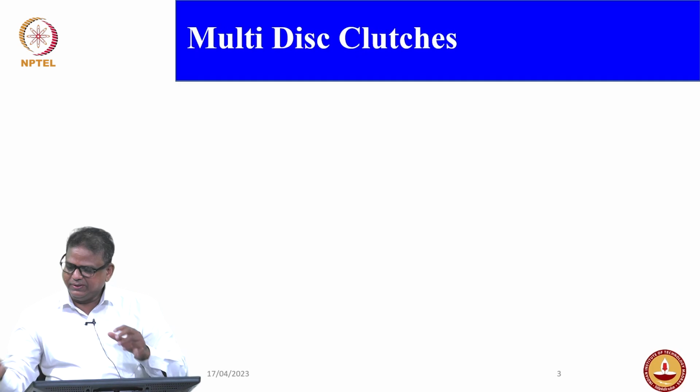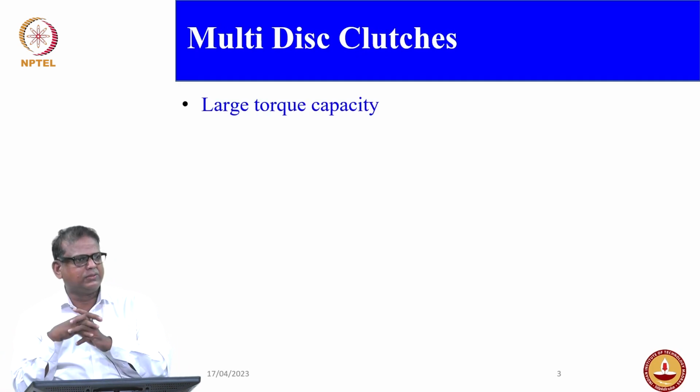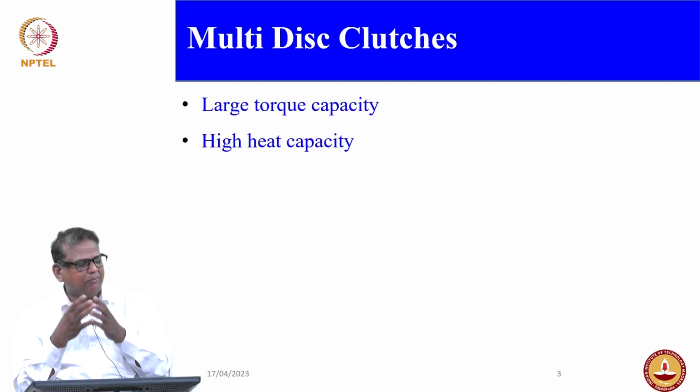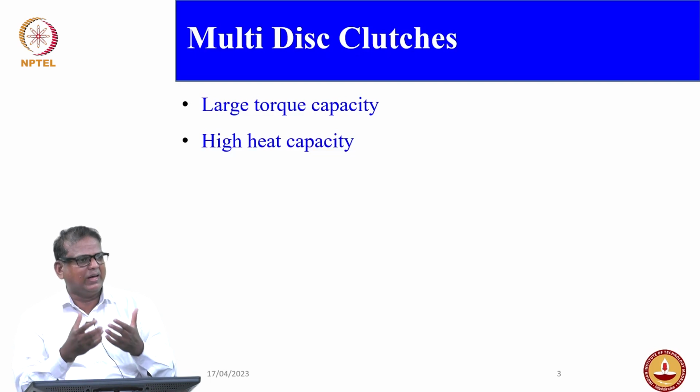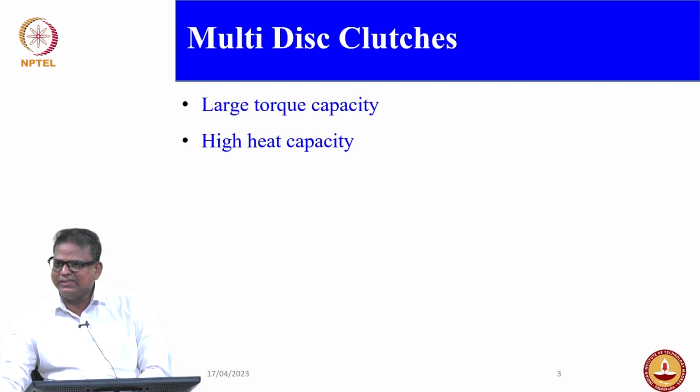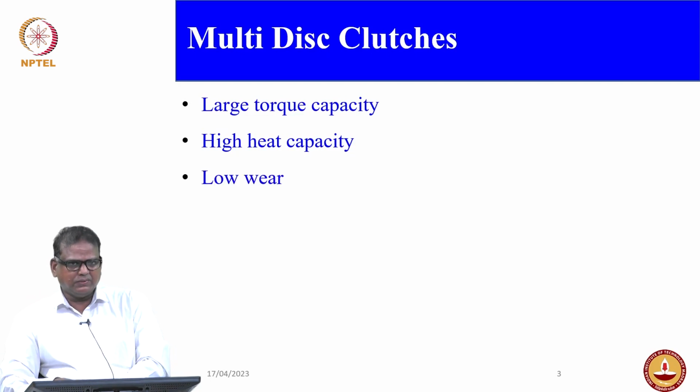So, what I want to say is that when you want a large torque capacity transfer, that is one thing, and you also have to have more surfaces to have a high heat capacity, okay. In that case you can't use a single disc clutch. Not only that,